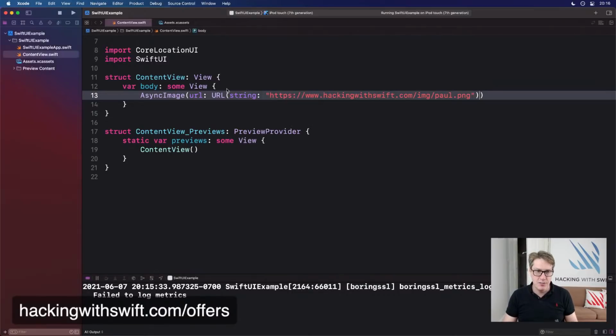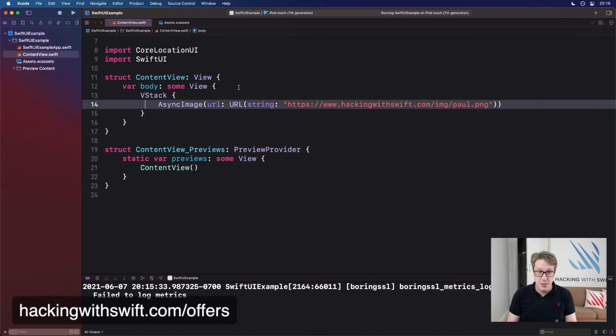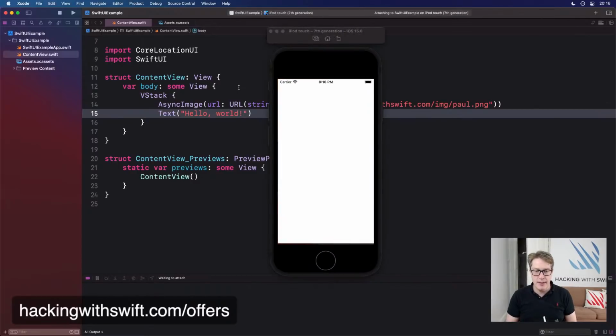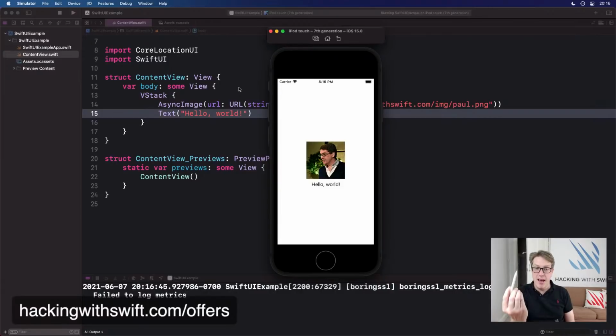You can kind of see this in action if you said something like, I want a VStack with my AsyncImage, and then text hello world below that. You'll see it jump around a little bit now. So it's hello world, it loads, and boom, hello world moves up to the middle because it now knows the correct size of the picture. Brett asks, can you have a custom placeholder? Yes, you can. Brett, I'll show you in a second. Give me a chance. Anyway, so you can see it's jumping around because it doesn't understand how big the picture is going to be.